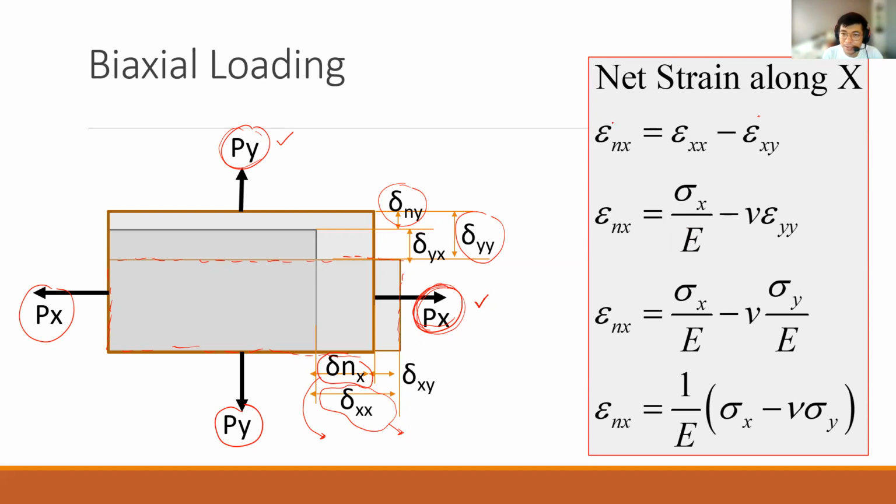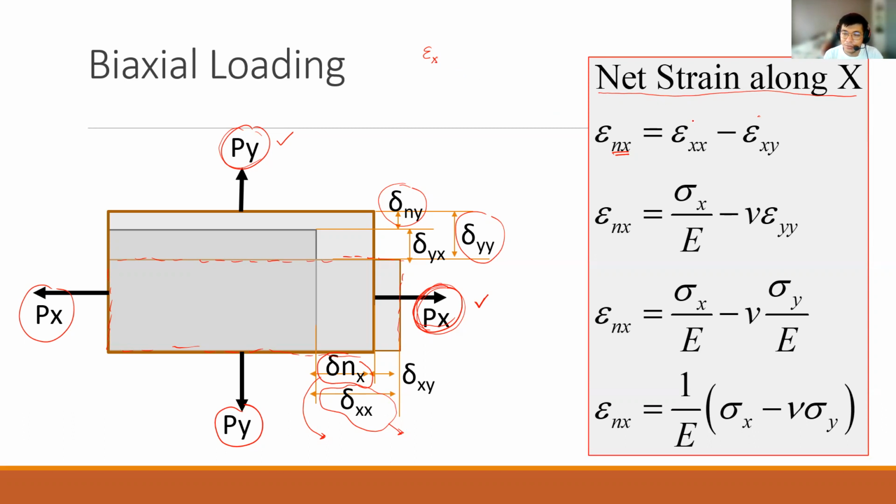Okay, so let's go back to the discussion. So this is the net strain along x. So the net stress, so again, this is the net stress. So probably in most books, you'll just be encountering this term here. This is the unified version for biaxial loading. So n sub x